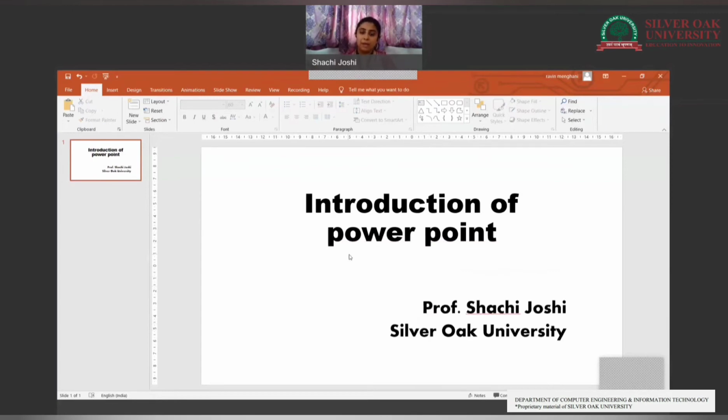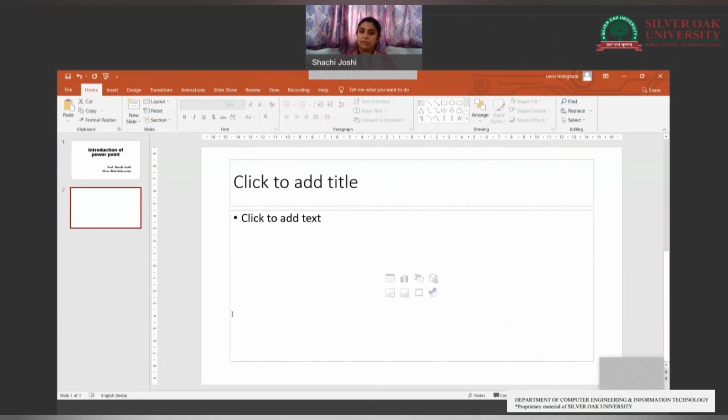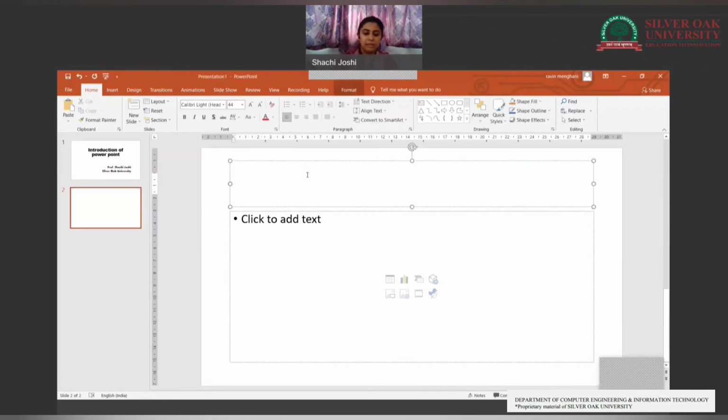Okay. Now I want to add the slide. So this is the panel where you can edit or change the slide. Okay. So click here, new slide. Okay. Right click on it and new slide. This will be the new slide. So this slide won't be the same as the first slide because that was the heading slide. Okay. So this click to add, for example, index, or we can say table of contents.